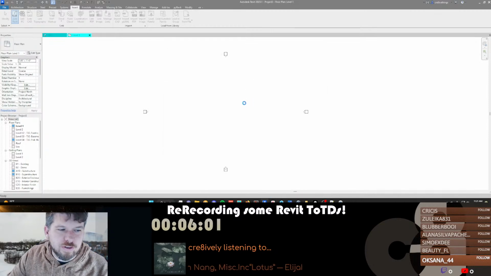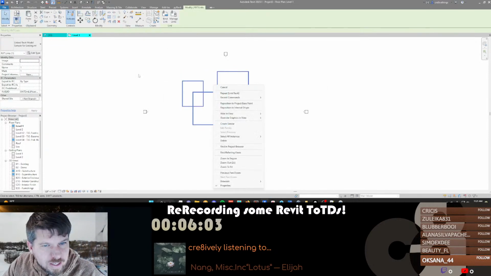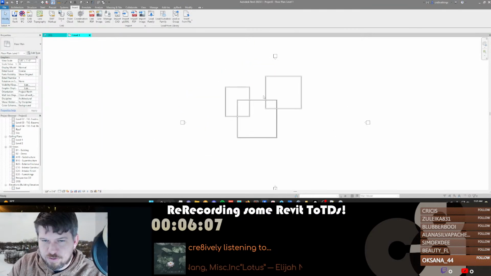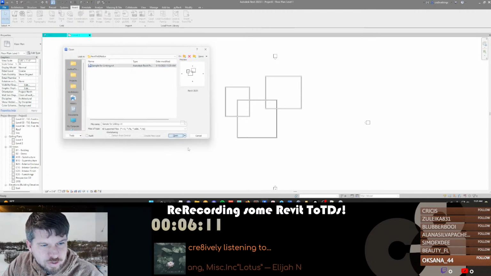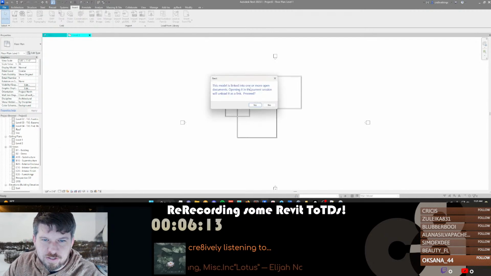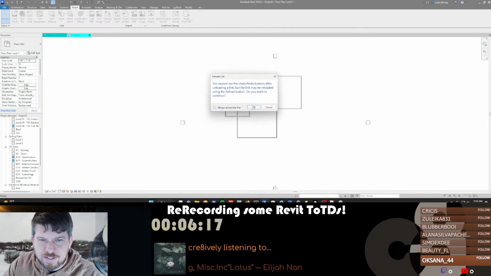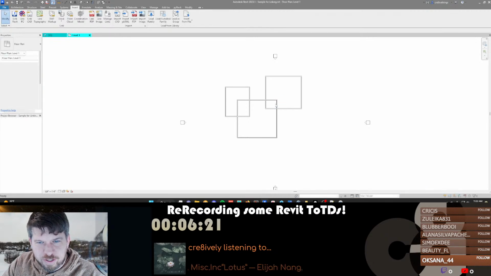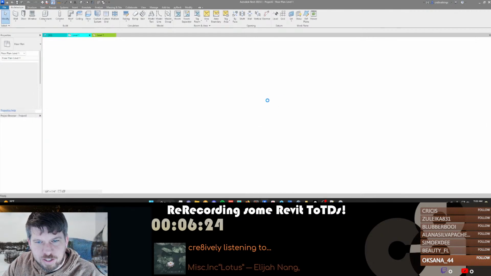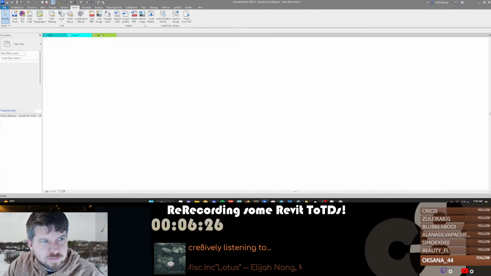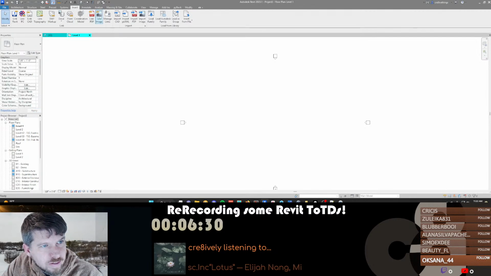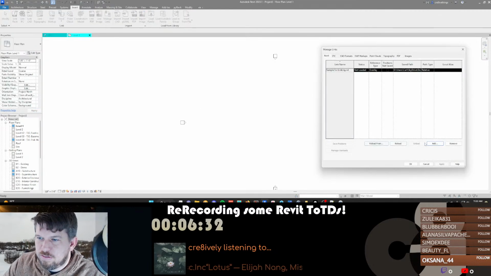So that's kind of what I'm going to go through here real quick. The dialog that I'm referring to here is that if I try to open this model, so if I go to open and then try to open this, it says the model is linked into one or more open models, and opening it will unload it as a link from the current session. And if I hit yes, it's going to unload it from this model. It'll open it, right? But it's unloaded here now. It's gone, right? So the idea here, if I come back and we just reload that model,